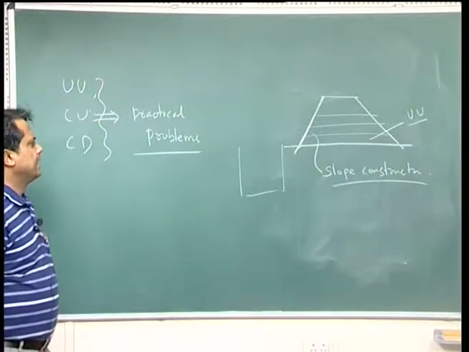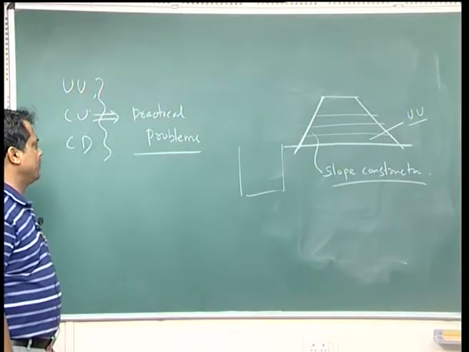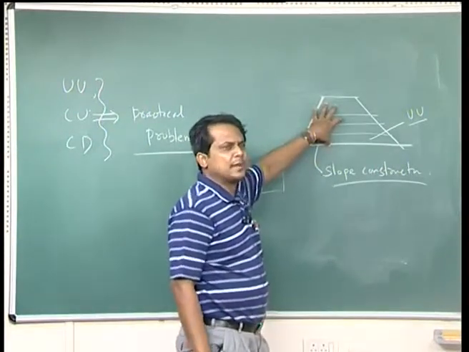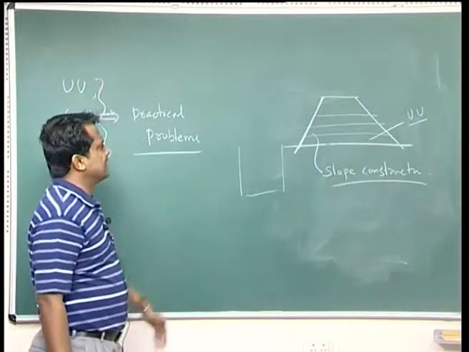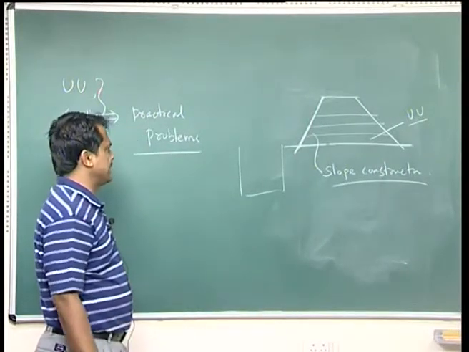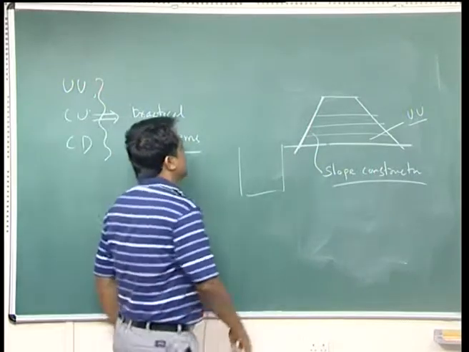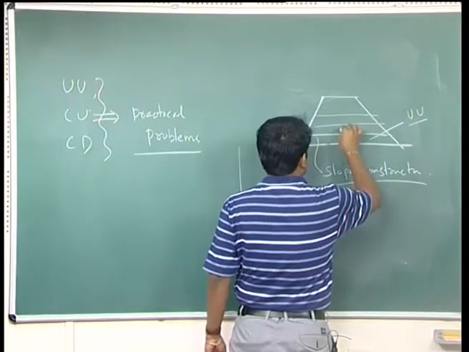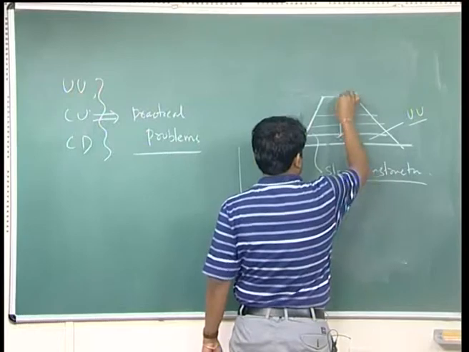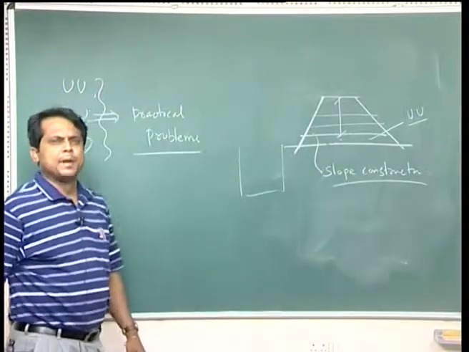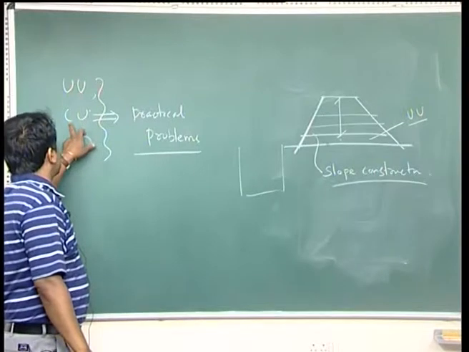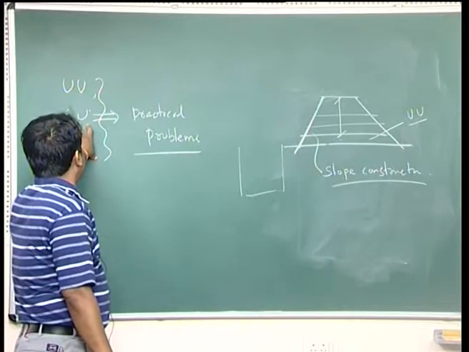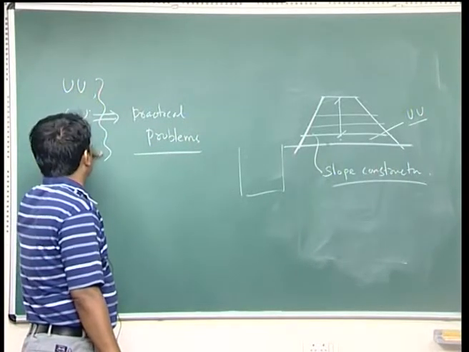Now, the moment I say consolidated undrained, that means CU, after the construction you allow some time, maybe 2 years, 3 years, 5 years or 10 years. What will happen? The consolidation process starts. Particularly at the bottom layer, the consolidation process starts because of your overburden. Maybe for a certain time, not a longer period, you want the parameters for a quick time. So, this will be your CU.